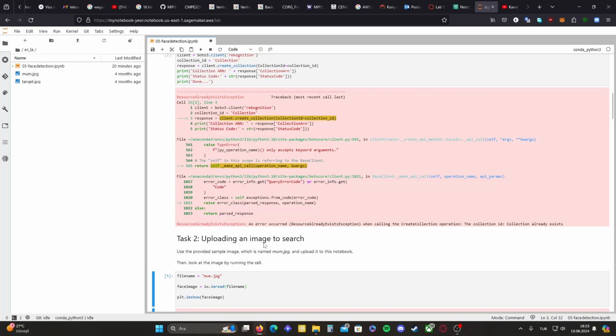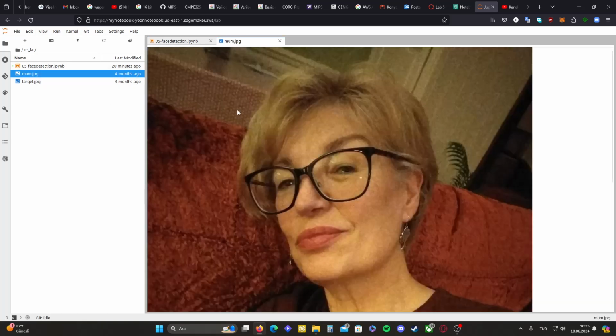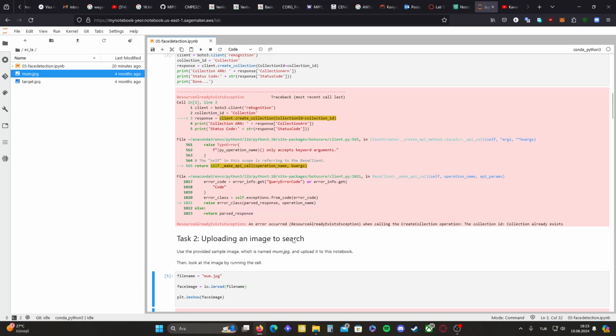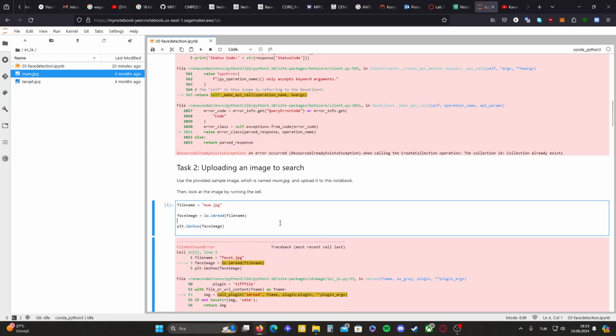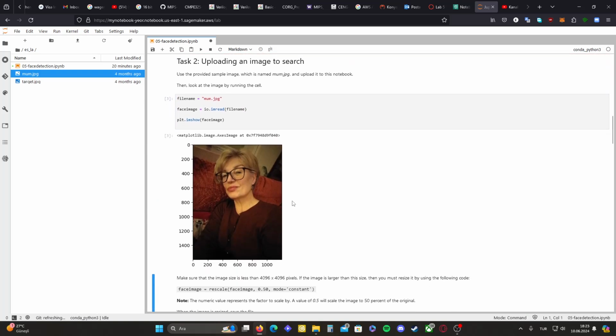Task 2, uploading an image to search. Use the provided sample image, which is named mom.jpeg, and upload it to this notebook. Then look at the image by running the cell. The file name is mom.jpeg, as we can see here. We read the file with io.imread and plot it with plt.imshow. Let's open that image. This is the image we want to open and plot here. Let's run this cell. As we can see,